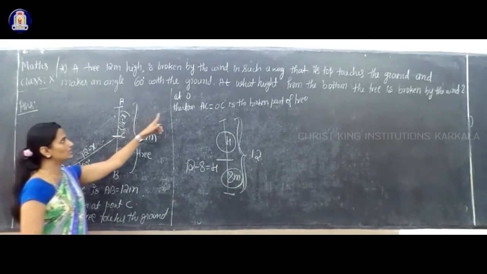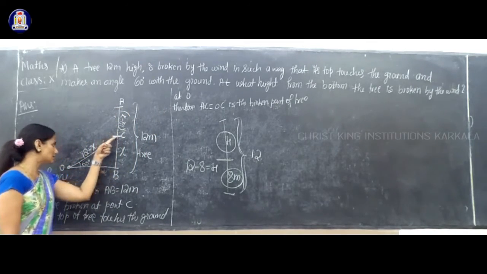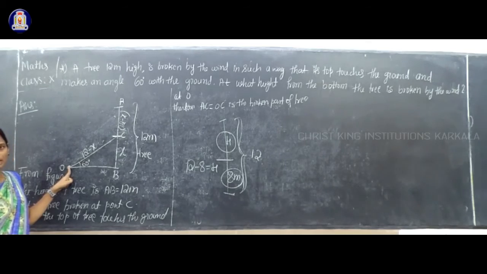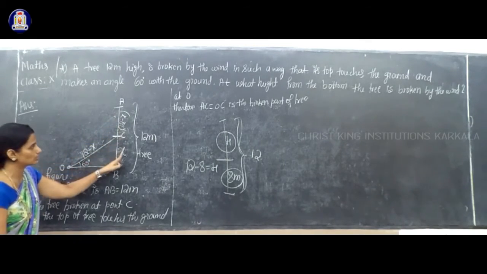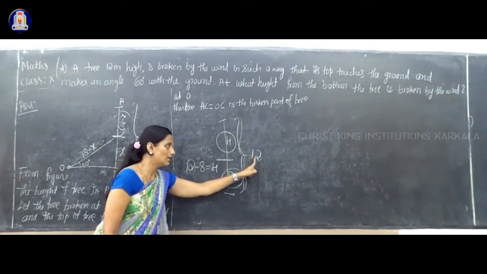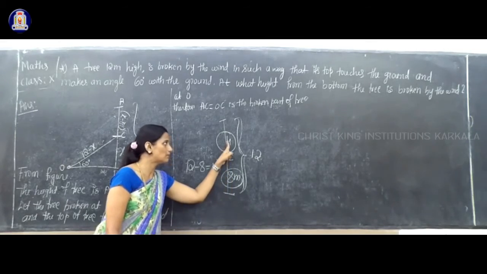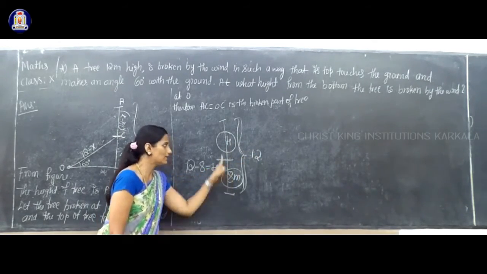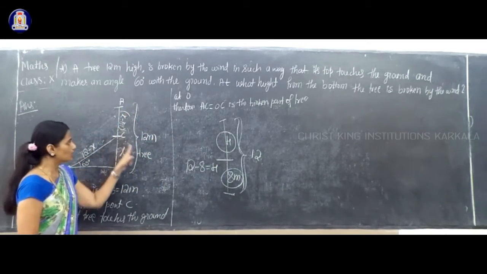Why it is 12 minus x? This touches the ground. Means the length of AC is equal to the length of OC. Understood now this one? So here 12, this part is 8, means remaining is 4. Have you got that 4? 12 minus 8 is 4. Similarly, 12,